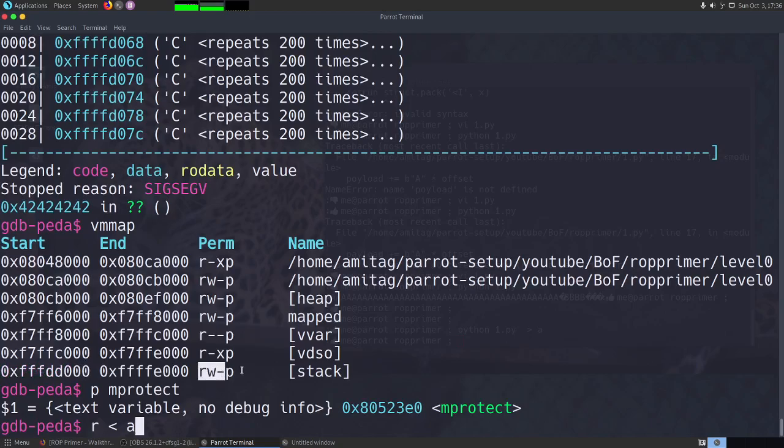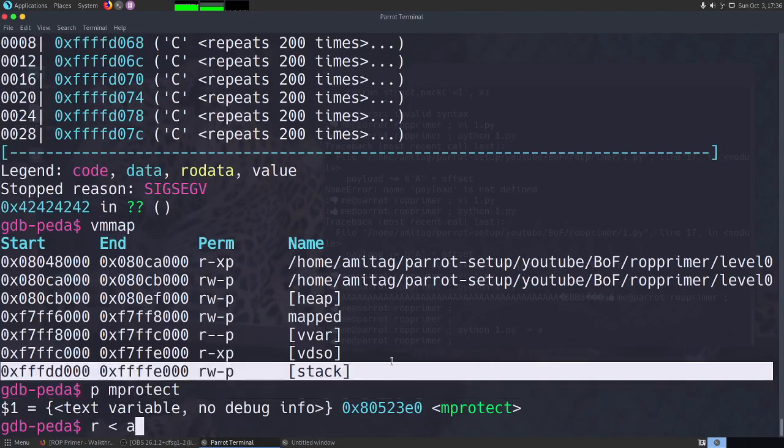So now what we expect is that it should again crash here, but after it crashes here, when we look at the VM map again, we should see that the stack is now executable.